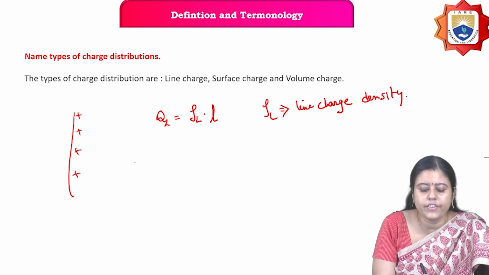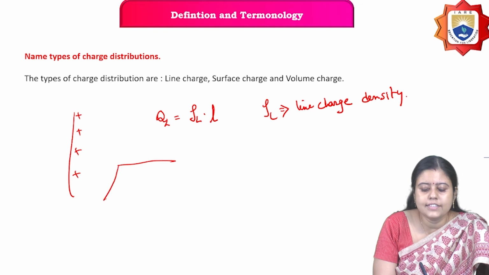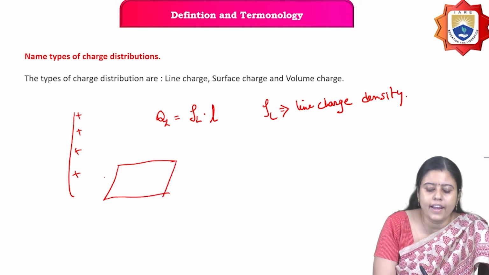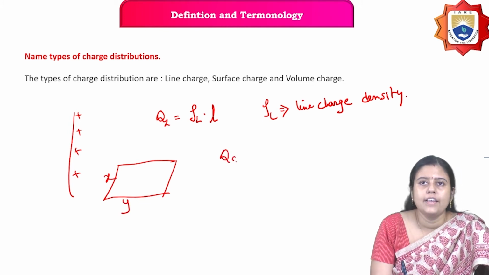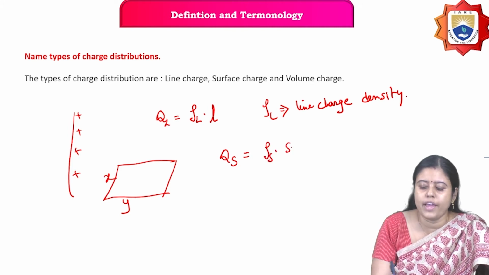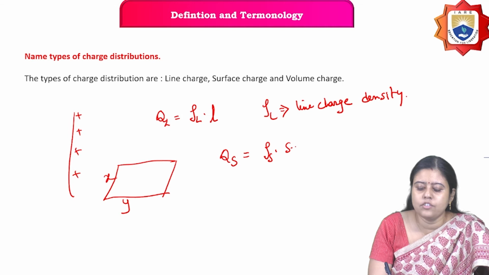Similarly, the surface charge means the charge on any surface, any xy surface. So there we get the surface charge is equal to rho s into S,